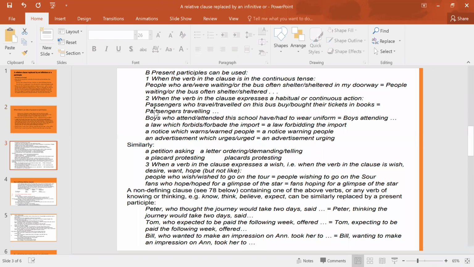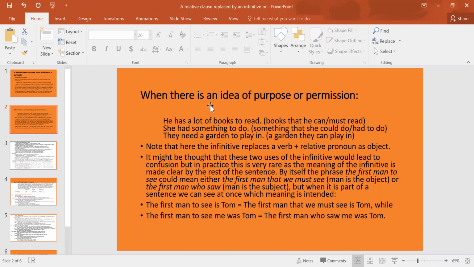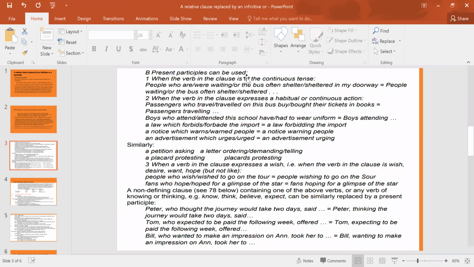Slide number 3, use number B. We have discussed use number A, and here is use number B. Present participles can be used. Present participle means the ing form of the verb. When the verb in the clause is in the continuous tense. For example, people who were waiting for the bus often